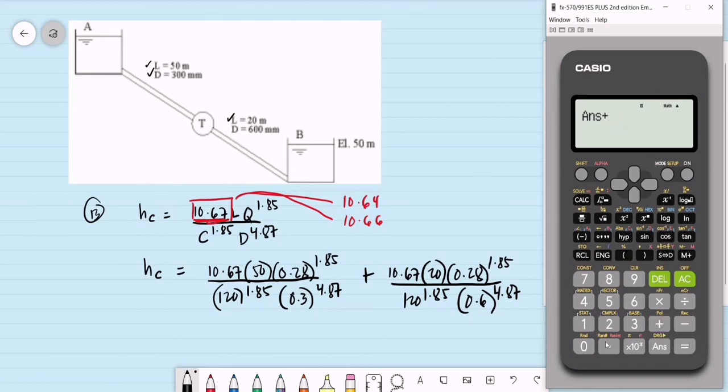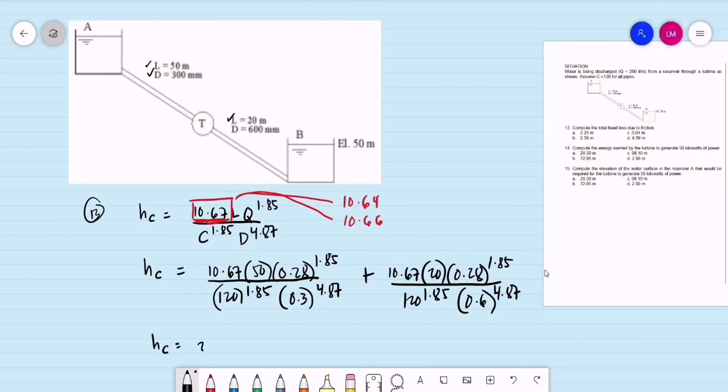Then yung second is plus 10.67. The length of the second pipe is 20 meters. Pareho lang yung discharge in series connection. Okay, 0.28. This is raised to 1.85, to be divided by 120 raised to 1.85, to be multiplied by the pipe diameter. Second pipe is 600, raised to 4.87. Okay, the total head loss due to friction is 2.572